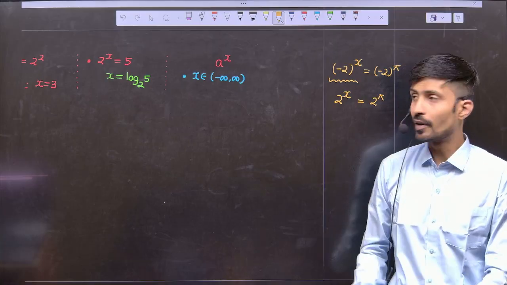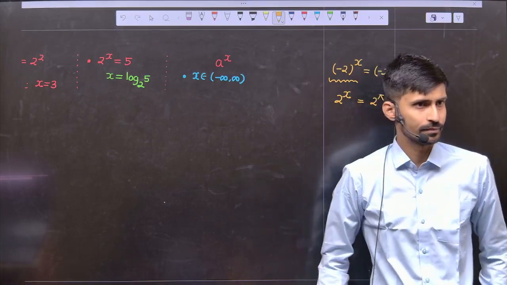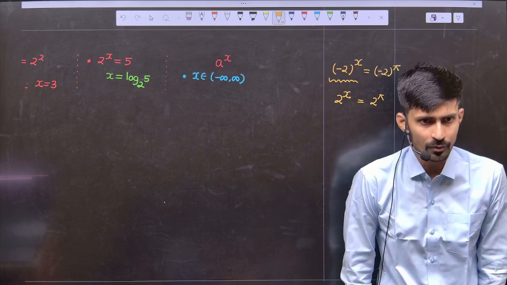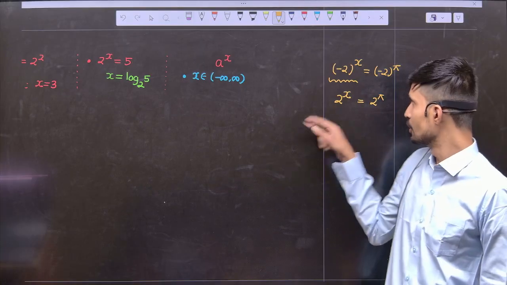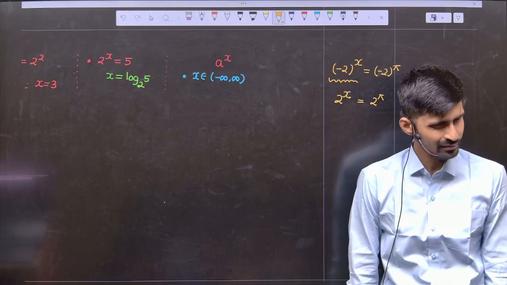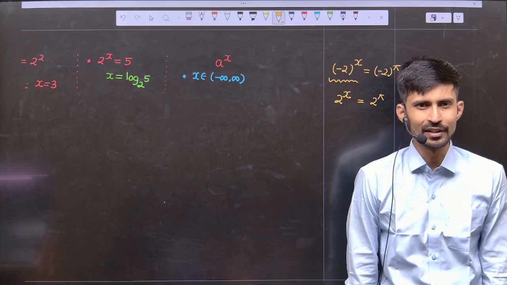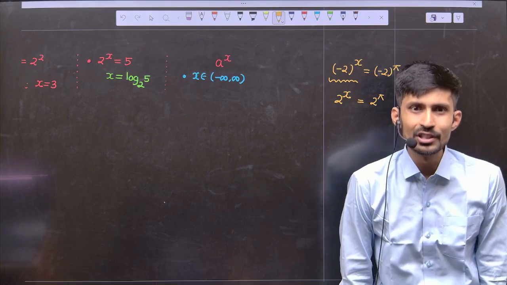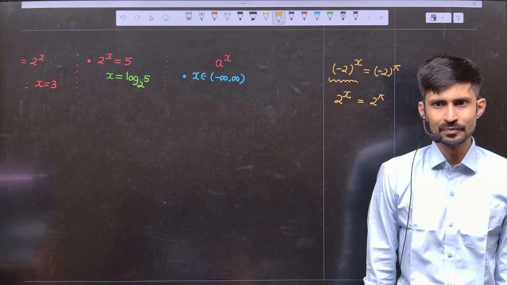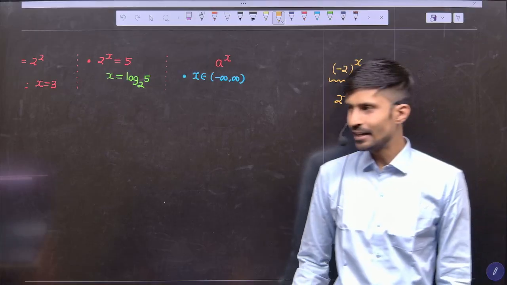Now the question is, sir, why can we not put 0 there? What is the problem in 0? Do you think 0 raised to x is always defined? When is it not defined? If I write 0 raised to x,